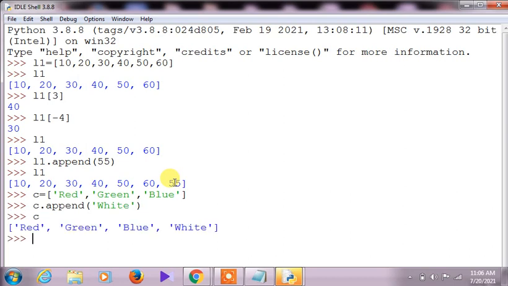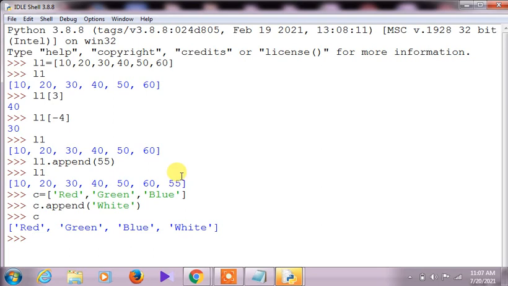Now if you give C, you will get red, green, blue, white. These are the things that we are doing with the append command. So this is the example of an append command.